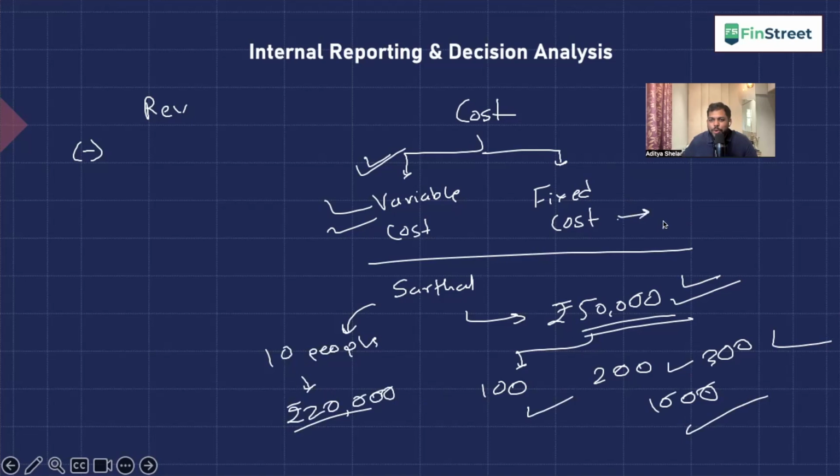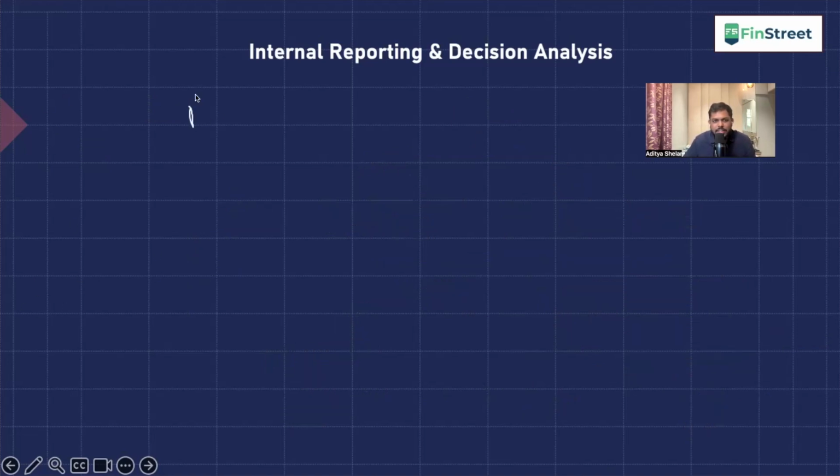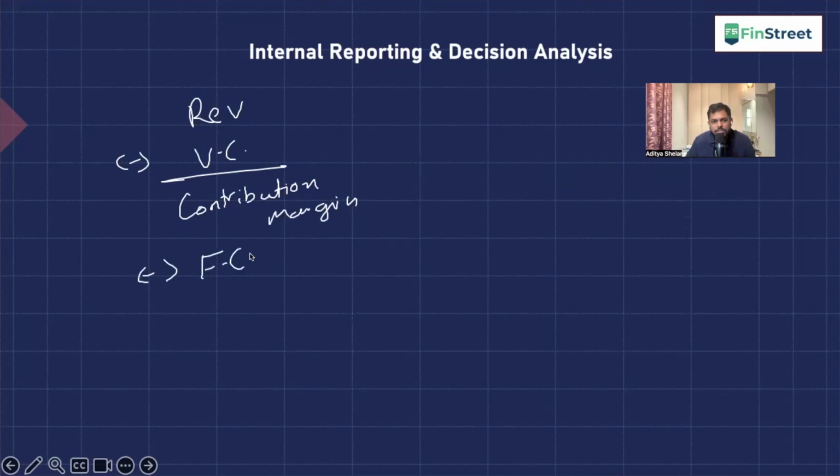So irrespective of your production, whether units are increasing or decreasing, when your cost stays the same, rent cost, salary cost, any other cost, this cost is called fixed cost. And in internal analysis, we are actually interested in this. So when we talk about internal analysis, this is how it goes. Revenue minus variable cost gives us contribution margin. How much money we can contribute towards fixed cost. And after fixed cost, what we get is operating